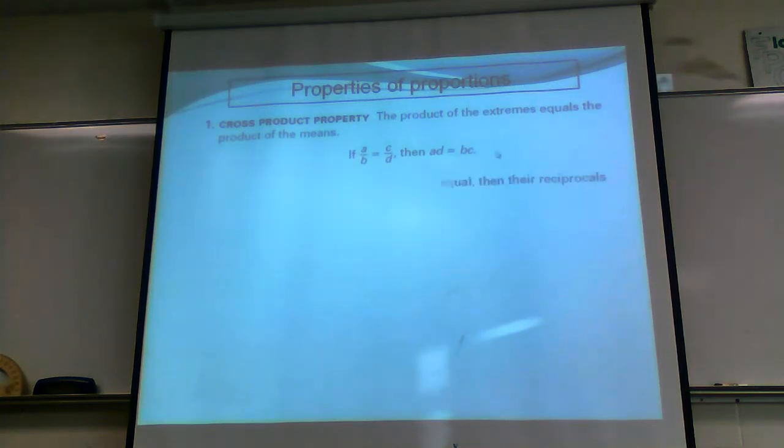Next one is the reciprocal property. This one is just a manipulation kind of thing. It's saying that if I've got a proportion and I take the entire thing and flip it, it doesn't change the value of the proportion. It's still the exact same problem, and you still go about solving it the correct way. Usually with the whole reciprocal stuff,